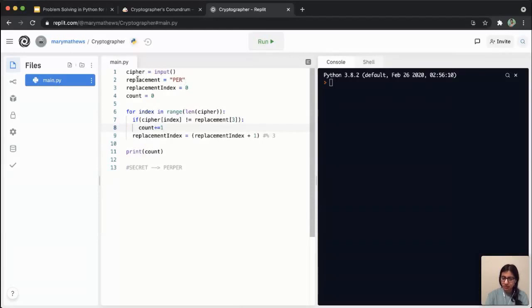And since my replacement string is only 3 characters, I would have an error over here. So that's why I've used this mod 3, to make sure that my replacement index is always 0 or 1 or 2. That way, when my replacement index gets incremented to 3, I do 3 mod 3, which is 0, and I come back to P, to the start of this. It's like kind of looping around in here also.